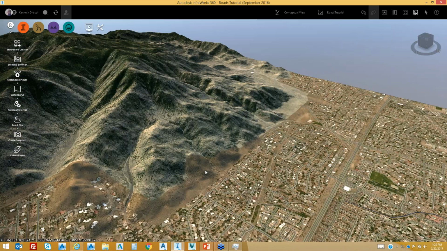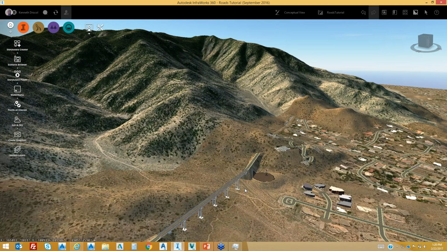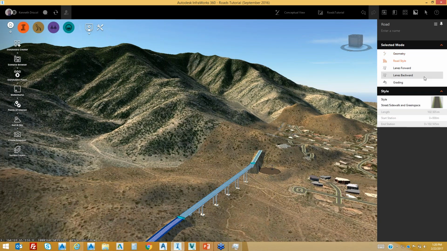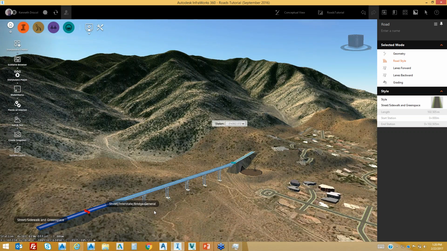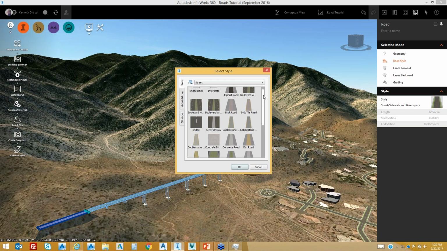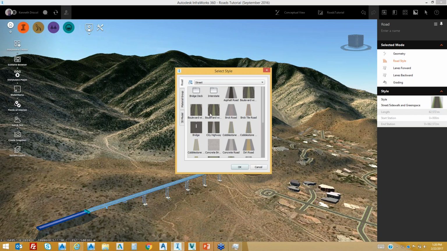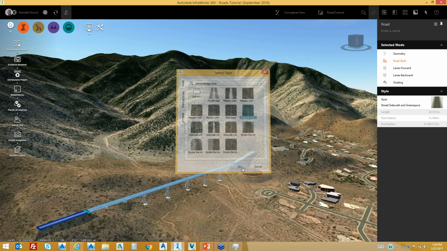Back over here to my bridge, I could come in and actually change the style for my bridge. So clearly I could come back and make changes based upon my bridge style. Right now, if I wanted to, I could go into more styles and say I want this to be an actual boulevard with a bridge. So if I went to bridge deck, I can just pick on that folder and tell it I want sidewalks with a bridge deck. If I pick on that and select OK,